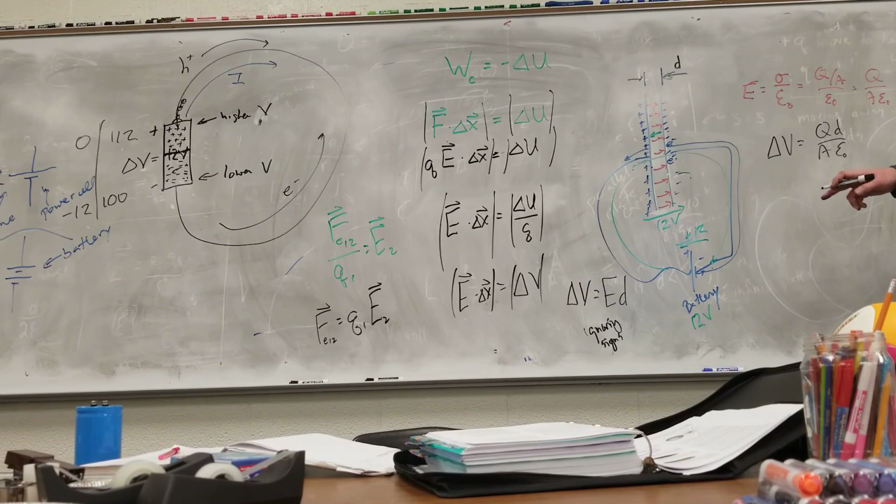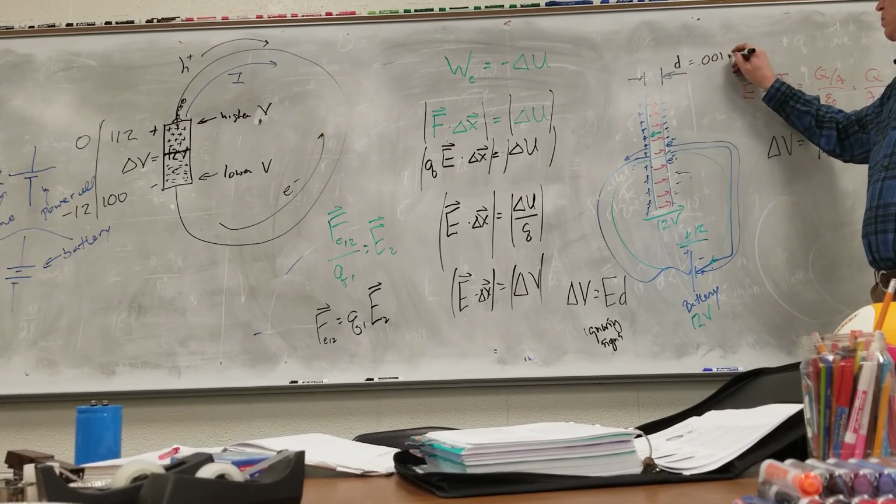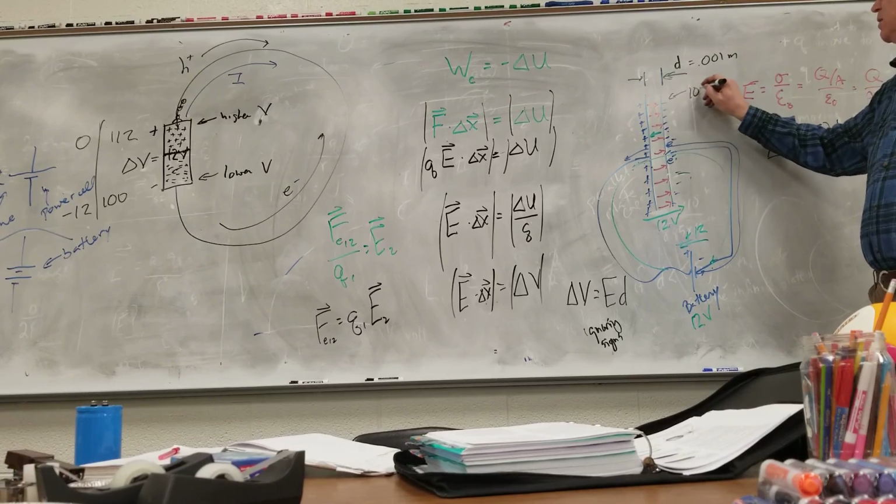And in this particular case, I know what the voltage is. So if I just gave you a little bit other information about the construction of this, you could calculate what the charge is. So let's just go ahead and do that. Let's say that the distance here is 0.001 meters, and the plates are 10 meters by 10